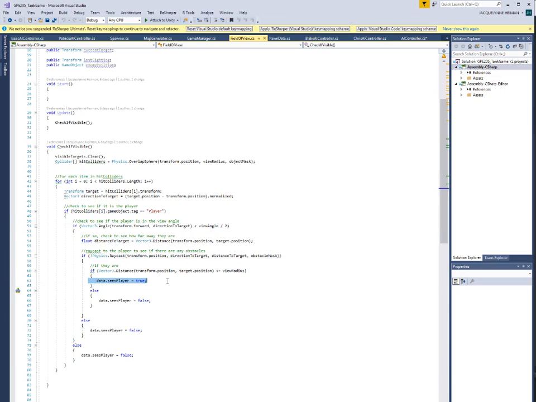set the data to true, and otherwise we'll set it as false. Pretty much anytime any of these are not true, it'll set to false, just to make sure that they